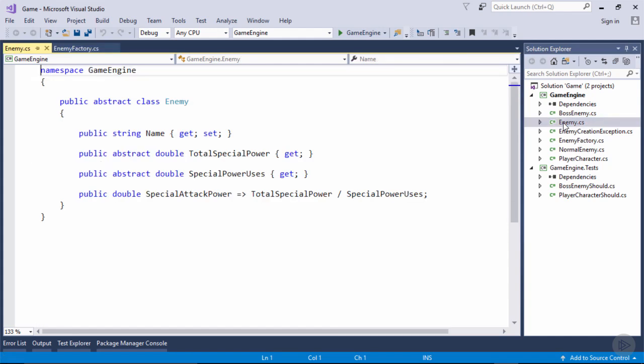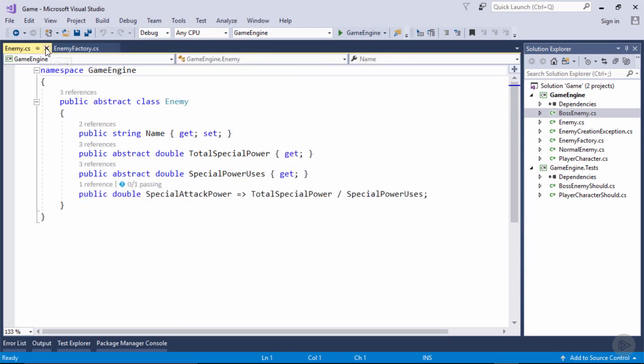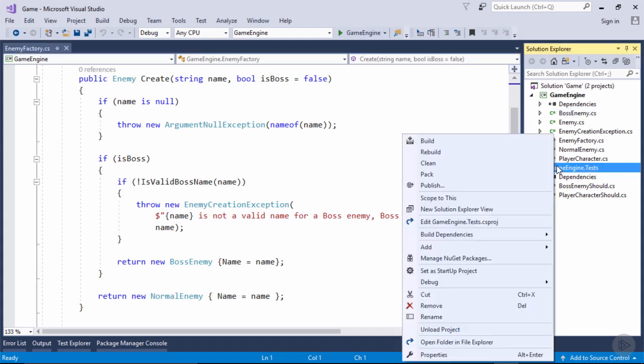We have this enemy base class here, and we also have a normal enemy that inherits from this base class. We also have a boss enemy, which also inherits from this base enemy class. So let's see how we can go and write some tests to check that this create method is returning the correct type of enemy. We'll create a new test class,